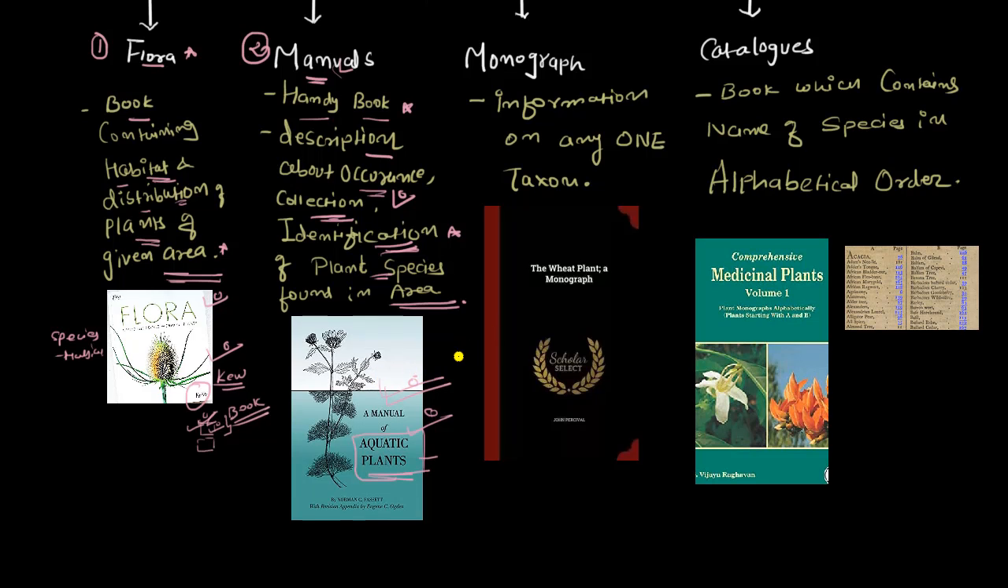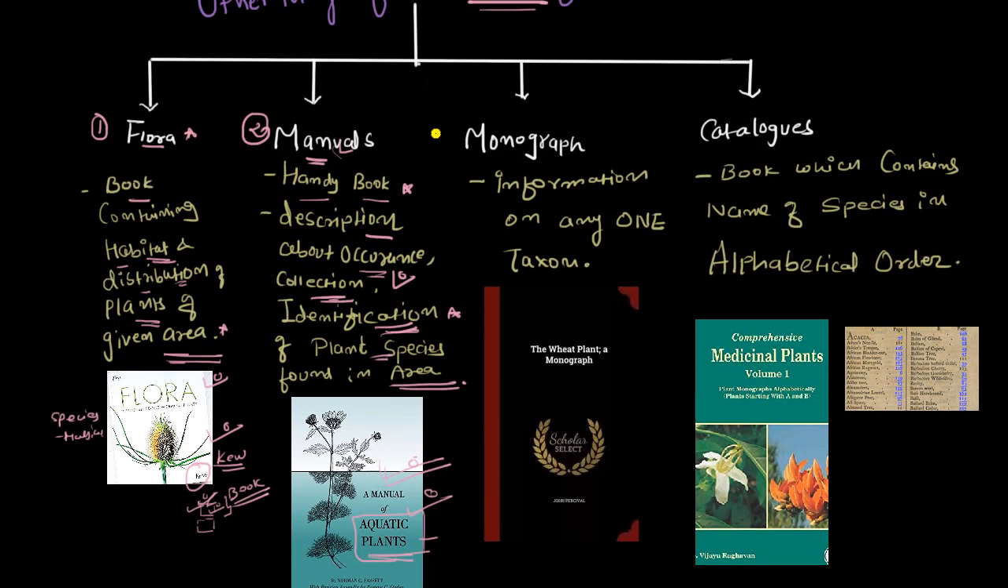Now, the third one is monograph. It is information on any one taxon. For example, in that area only, this was the Kew garden, you saw different kinds of distribution of plants, right? There was so much biodiversity. There were flowering plants, wheat plants and all. Now, if you want to see the detail about wheat plants only, then you have to go for